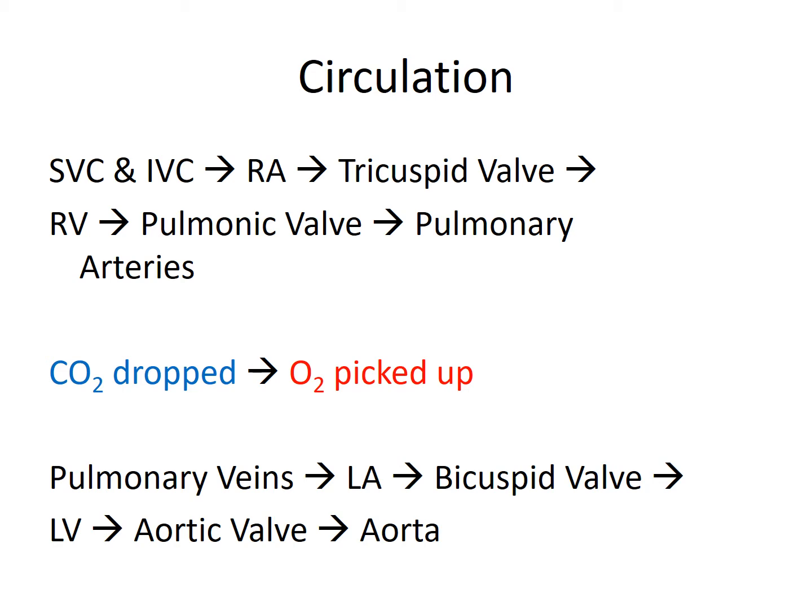Then he would pass through the aortic valve into the systemic aorta. Once Rudy would be in the systemic aorta, he's going to flow out through smaller and smaller arteries out into the capillary beds. Out in the capillary beds, you have to remember he's going to drop off the oxygen and pick up CO2. Then he will return to the heart, flowing in small vessels to larger vessels and larger vessels until he would be back in the superior vena cava